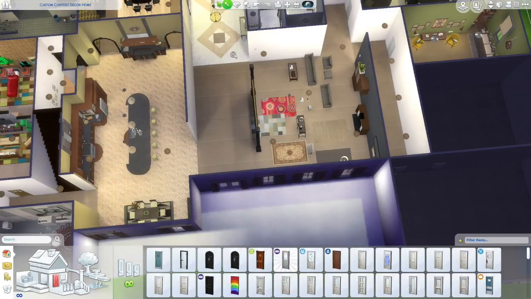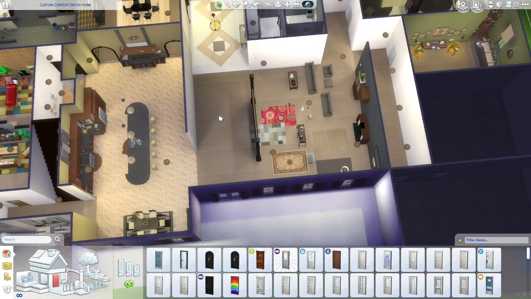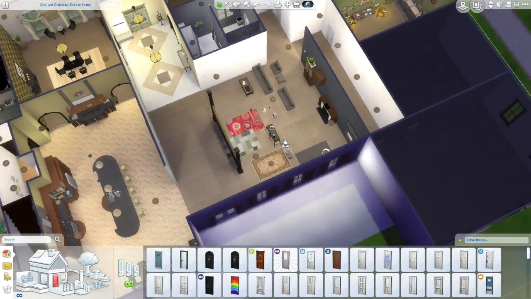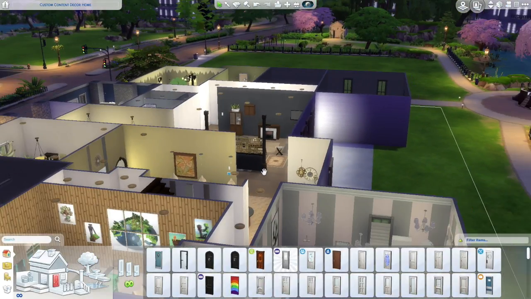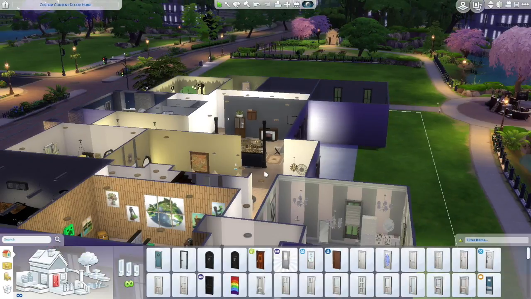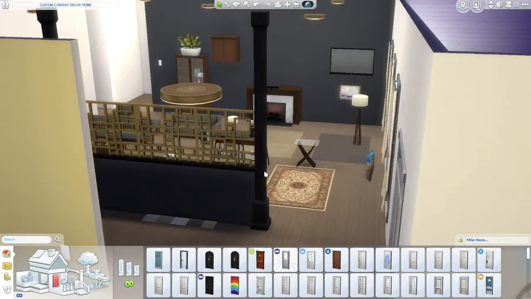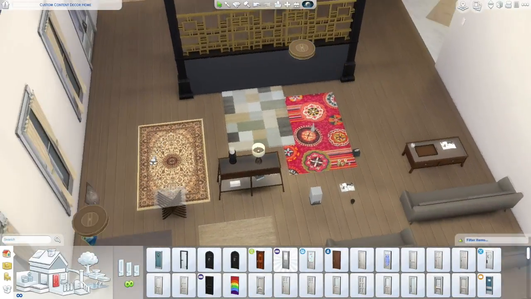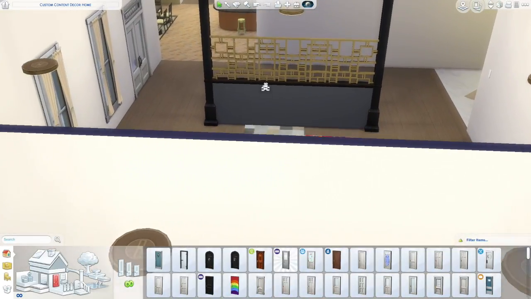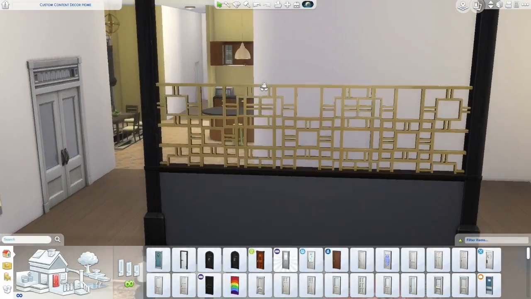Just kind of like boxes it off, if that makes any sense. Or if they want to go into the kitchen, they can do this. So I played around with some different little architectural details, and a lot of it had to do with the cul-de-sac challenge. Some people were using these little dividers in funny ways. So with move objects on, I just kind of did a half wall, put this little divider up, and I